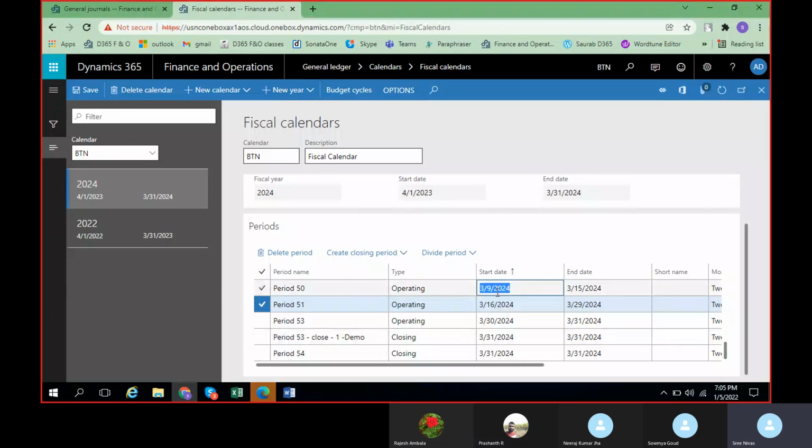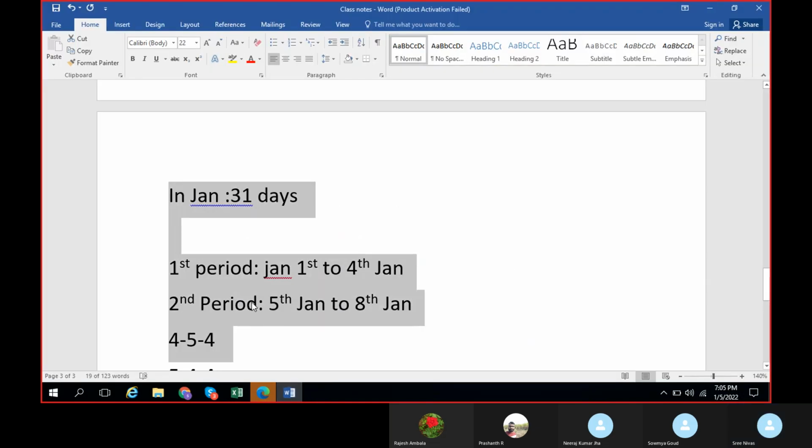If you see period 50, from March 9th to March 15th, since we have selected the weekly one, 7 days are showing here, but under 51, 2 weeks got merged, since we have deleted that 52. We cannot remove the days, but we can remove the periods. It's flexible, that's all.